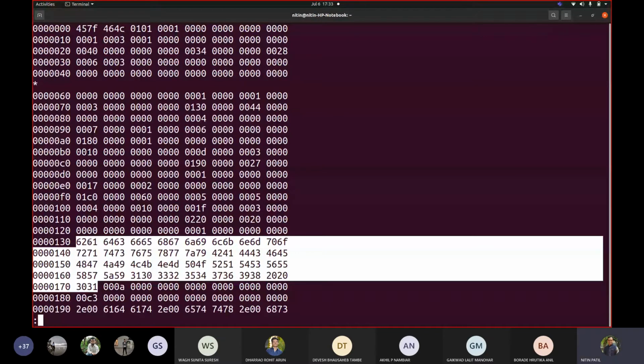Correct? So how many are there? 1, 2, 3, 4, 5, 6, 7, 8. 8 plus 8 plus 8 plus 8, how much is it? 32. 32 multiplied by 2, because they are 2. So 64 plus these 2. 66. So what should be the size when you print it?